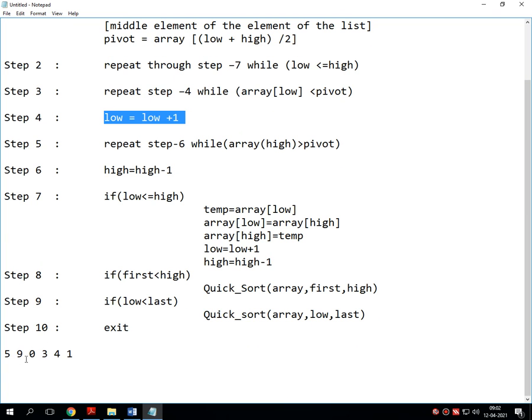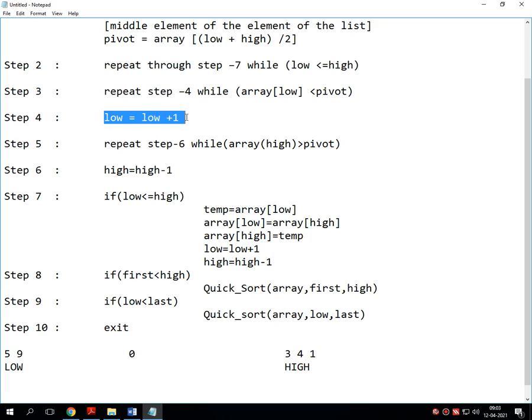As I have indicated, once the pivot element is found, the list gets separated into two parts, right hand side and left hand side. The left hand side is considered as the low list, and the list on the right hand side is considered as the high list. Every time high starts with the last value, and every time low starts with the first value.